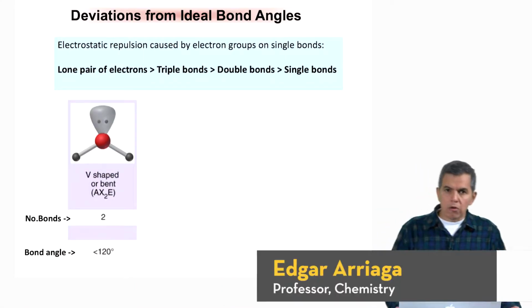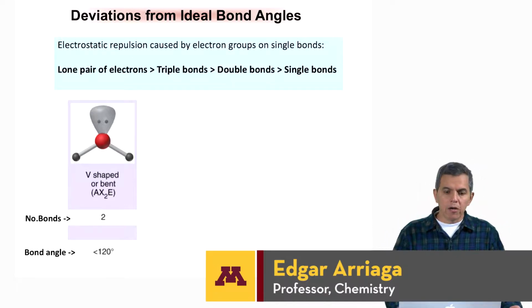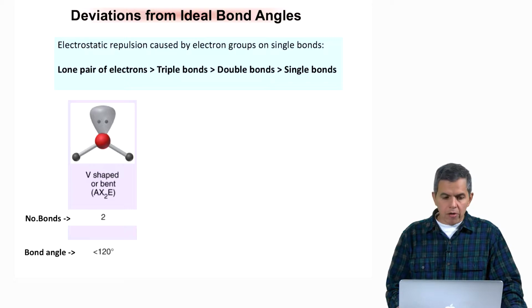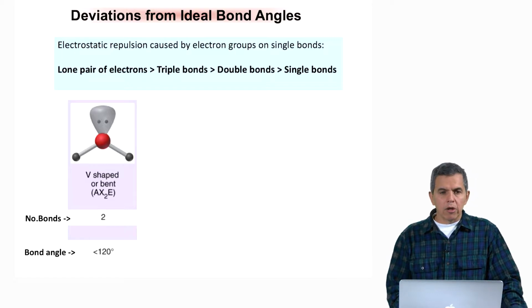We are going to solve a problem on deviations from ideal bond angles defined by the valence electron theory. But before we do that, let's review some of the basic concepts. Deviations from the bond angles are going to be caused by electrostatic repulsion, caused by electron groups on single